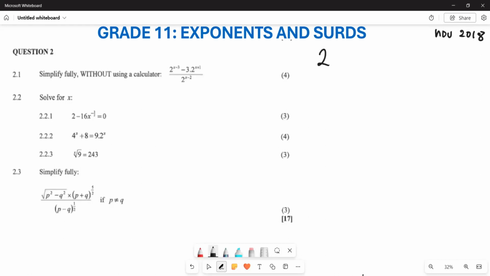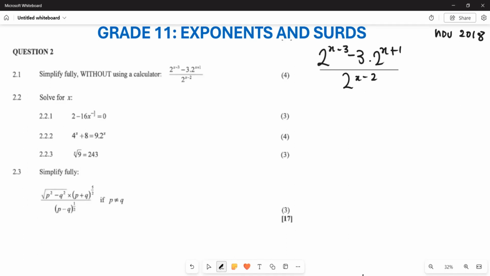In 2.1, we are given 2 to the power of x, subtract 3, subtract 3 multiplied by 2 to the power of x plus 1. This is going to be divided by 2 to the power of x, subtract 2. Now, the first thing that you're going to do here, you're going to write all of this